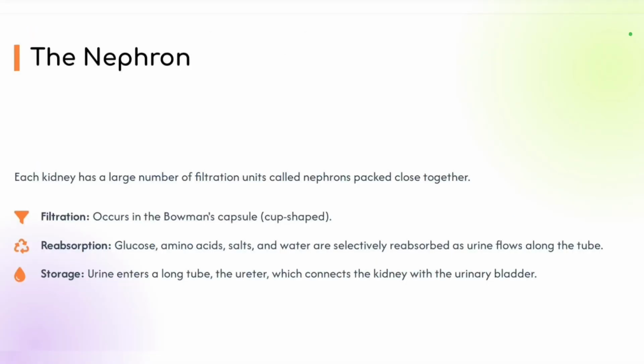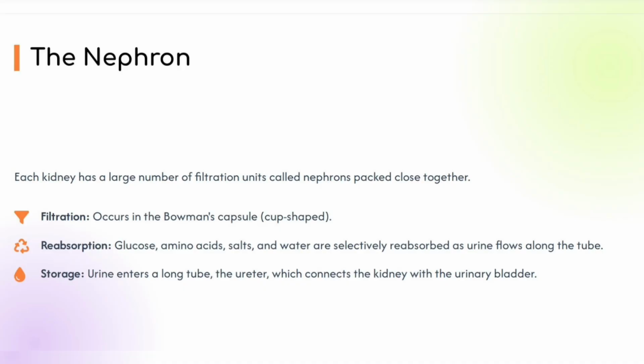Now let's understand the nephron, which is the basic filtering unit of the kidney. Each kidney contains millions of tiny nephrons that help to clean our blood. First, filtration takes place in the Bowman's capsule. Here, waste materials and extra water are filtered from the blood. Next comes